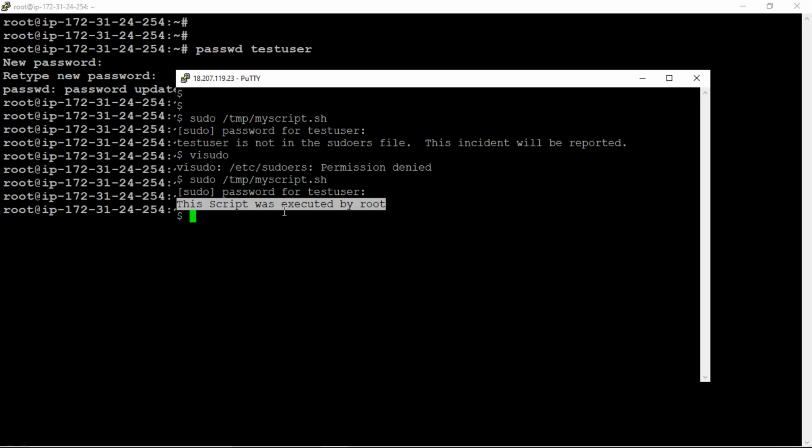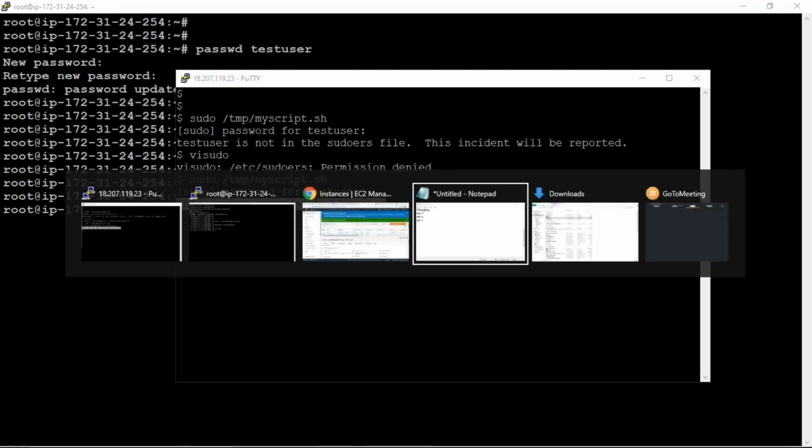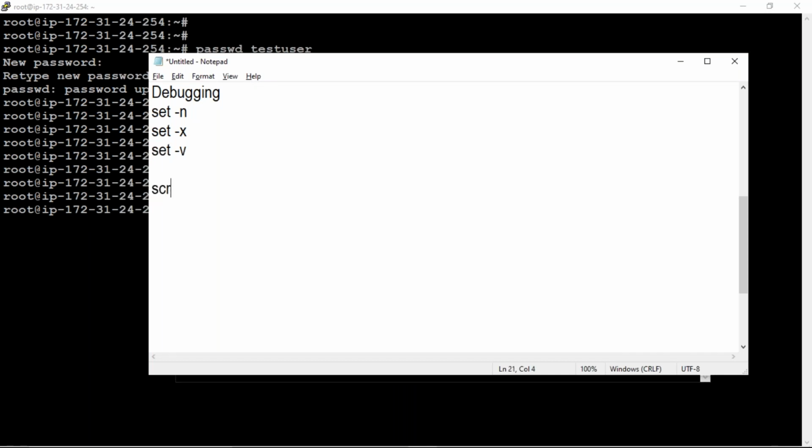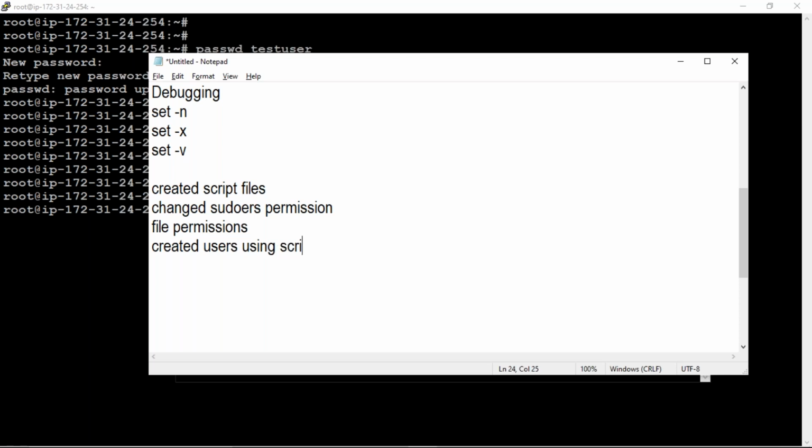Okay, so understand up to this. What we have done up to now: in this session we have created script files, executed files as well, and changed permissions, sudo permissions and file permissions as well, and created users using Linux commands.